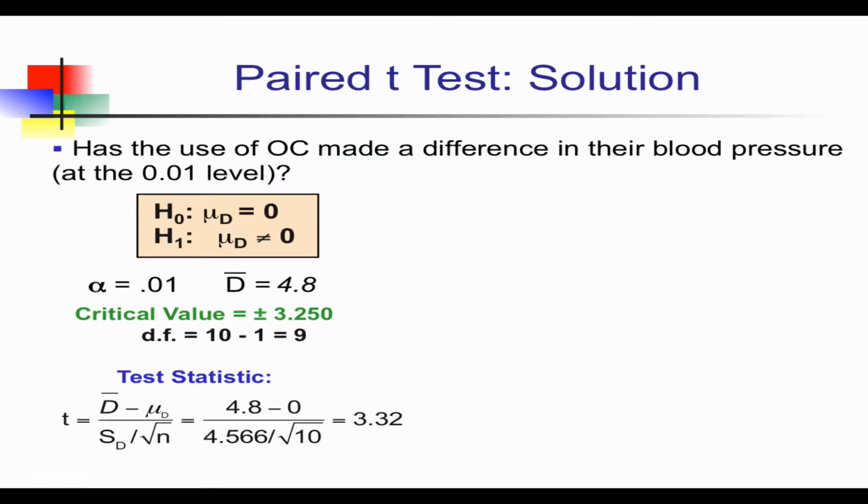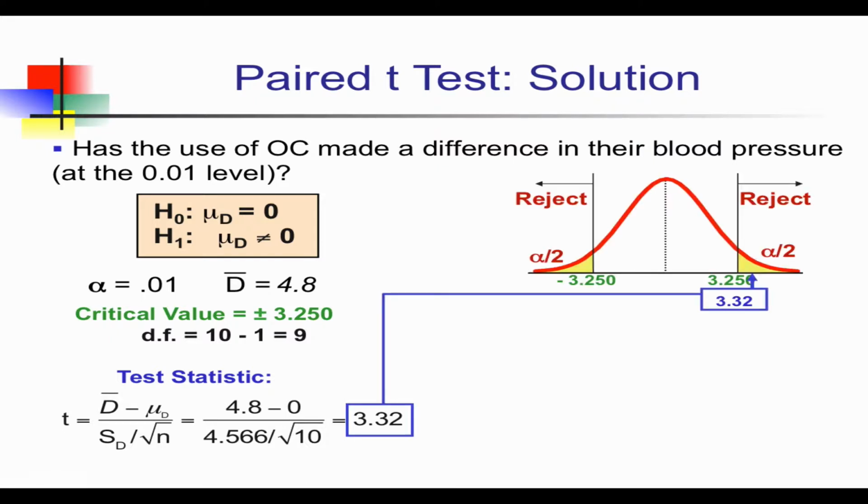And suppose we have a two-sided hypothesis testing scenario, which means the alternative hypothesis is whether there's any difference in blood pressure caused by the use of OC. And suppose the alpha equals 0.01. So in that case, what is the critical value? The critical value should be a t distribution with 9 degrees freedom, and then each side should be alpha over 2, which is 0.005. So if you go to a t table, if you go to an R function, it tells you that critical value is